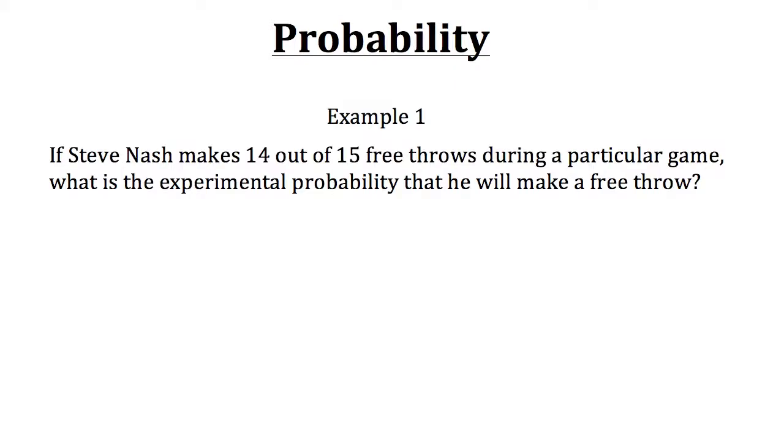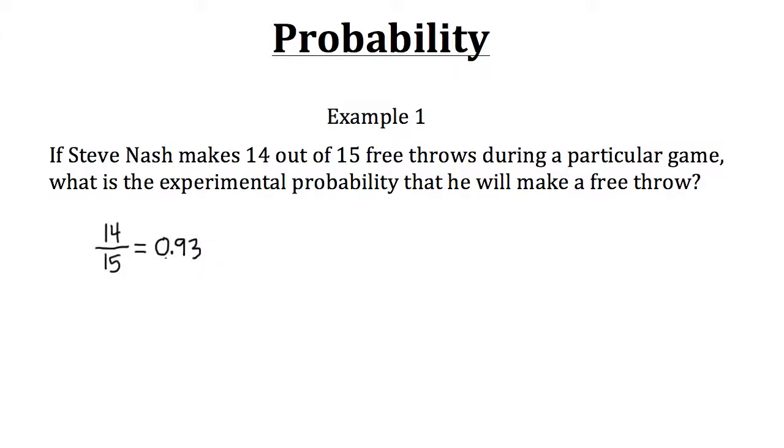So here, we have Steve Nash. Now let's say he makes 14 out of 15 free throws during a particular game. What is the experimental probability that he will make a free throw? Well, based on this observation, during a particular game, he made 14 out of 15 free throws. So if he makes 14 out of a total of 15 free throws, that would give us a probability of about 0.93,